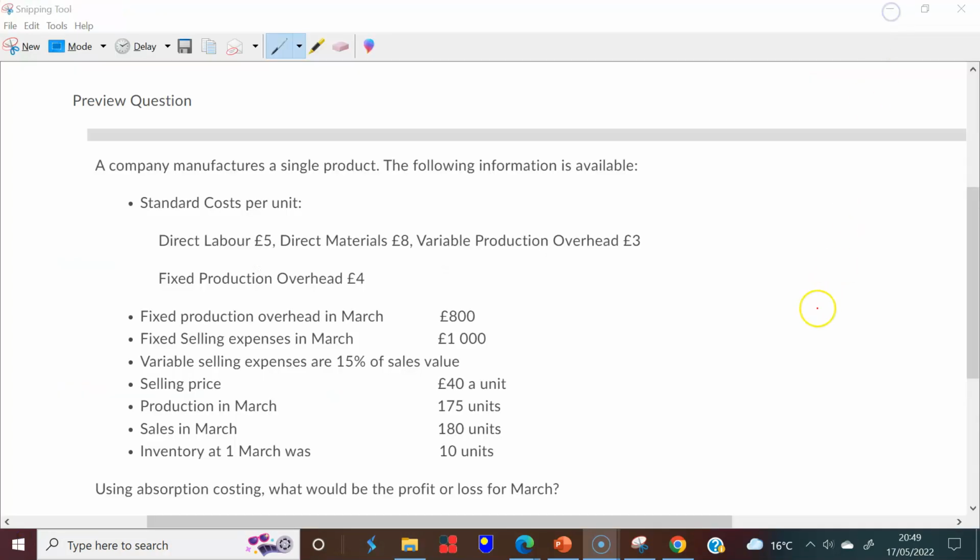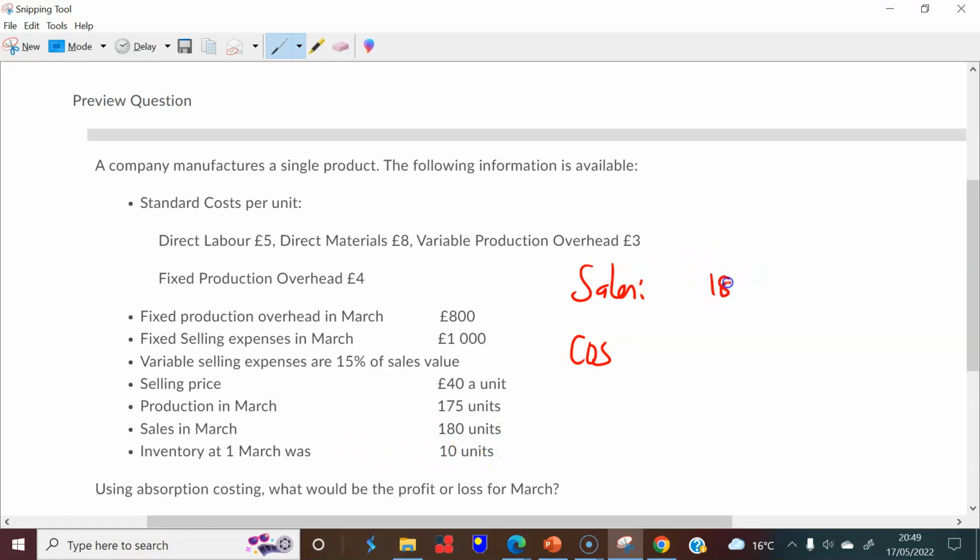Let's carry on. So what we have here is we're trying to find the profit or loss for March. So the important thing is to put some things together. We have sales, and we have cost of sales. Sales, we're told that we sell 180 units, at £40 a unit, and that's 7,200. Not a problem. So cost of sales, of course, will also be for 180, but this will be made up of